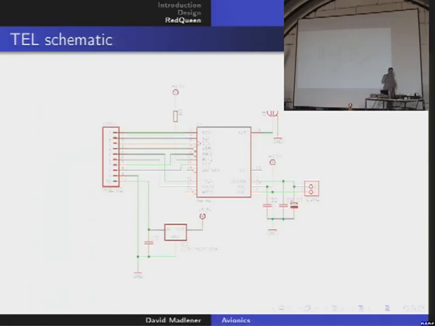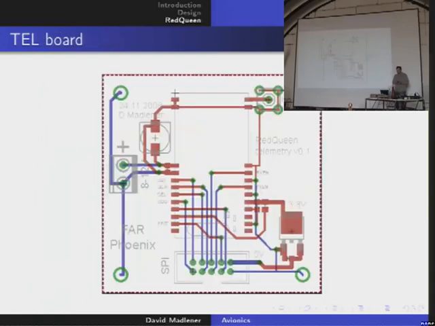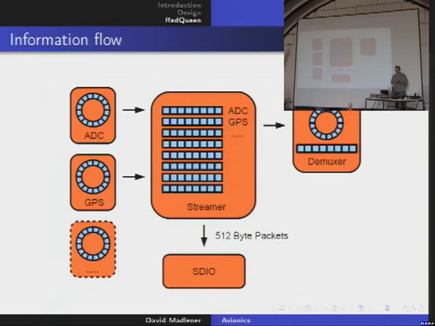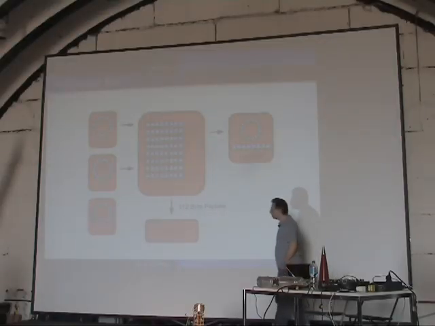So you just give in a digital data stream, and the telemetry puts out the HF, and on the other side it receives it and puts out your digital data stream again. Very simple. And this is the board. Not very complicated. So now I want to talk in the last minutes about the software design of this avionic